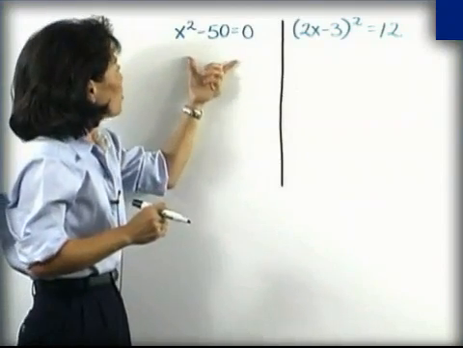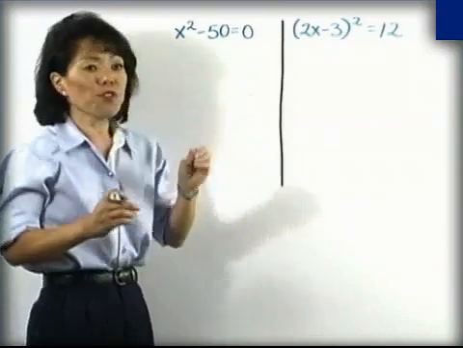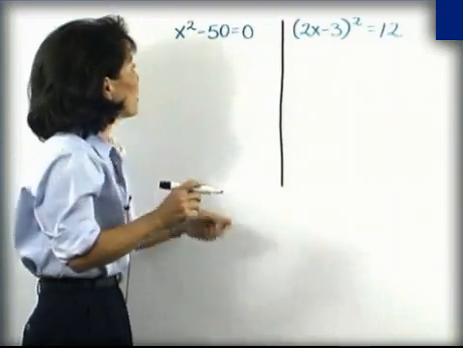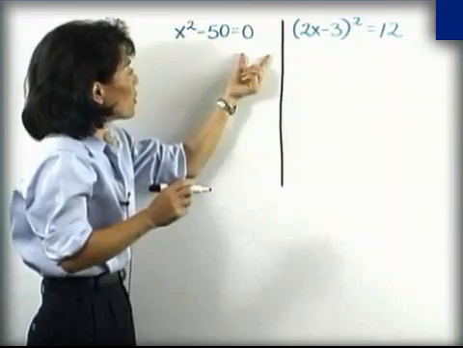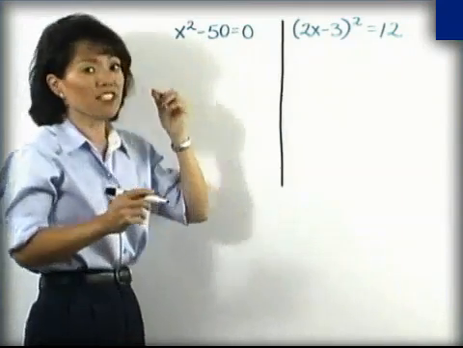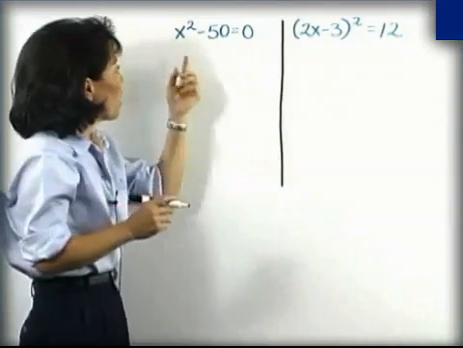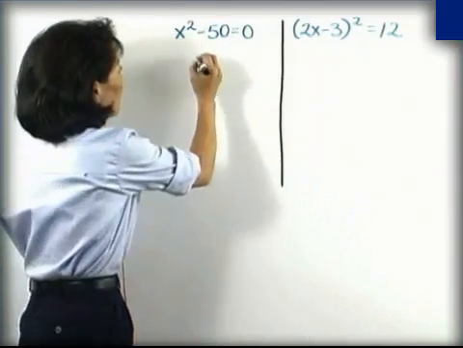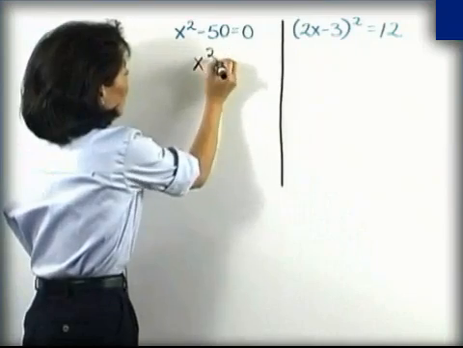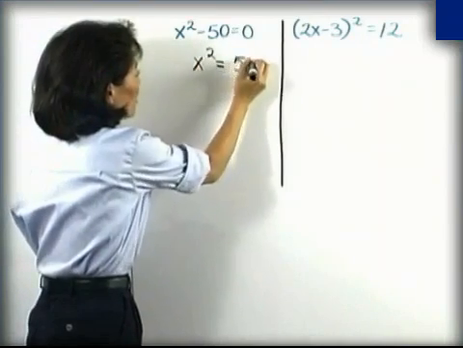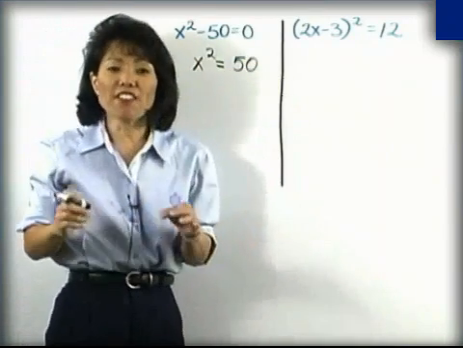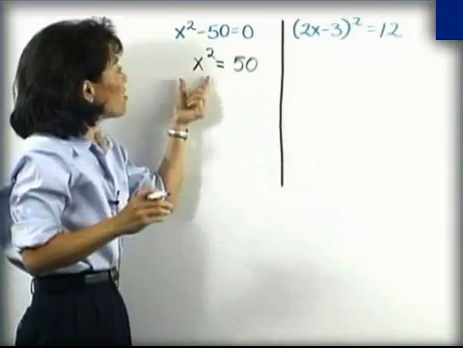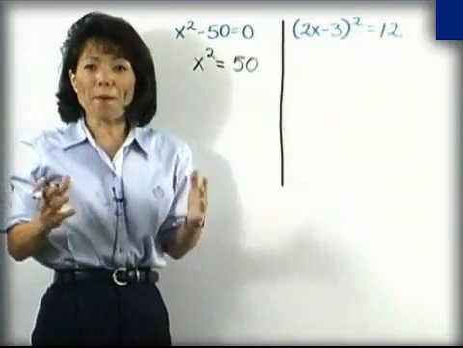So to solve this equation, we're going to use what's called the square root property. To use the square root property, we have to isolate this quadratic term. That means we're going to add 50 to both sides of this first equation. So x squared is equal to 50. Again, because there is no linear term, we're isolating that quadratic term by adding 50